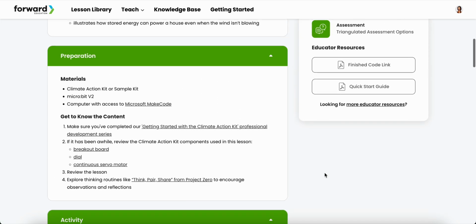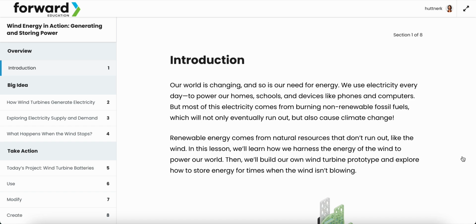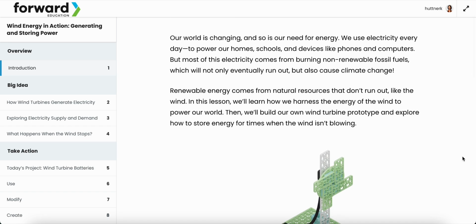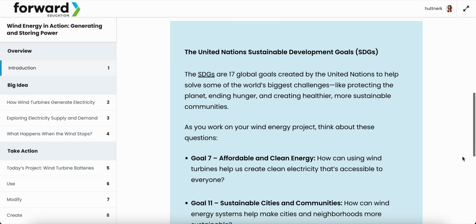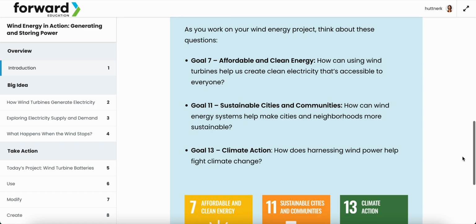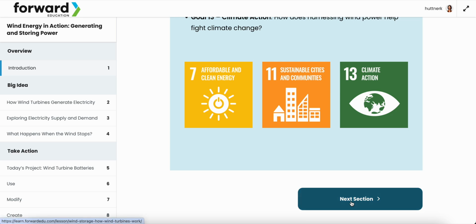But what I really, really like, so I'm going to just get started real quick and go into this lesson, because if you don't get a chance, these are all free. So you can sign up and get into them without owning the kit, which is something new. Prior to this, I didn't know that I could get into these different activities, but you can see how it has been designed really thoughtfully, with not a lot of writing, and easily